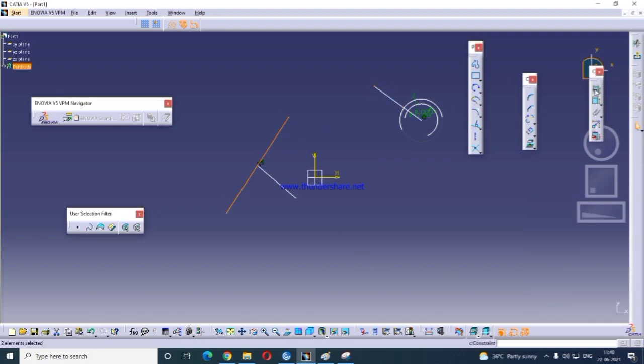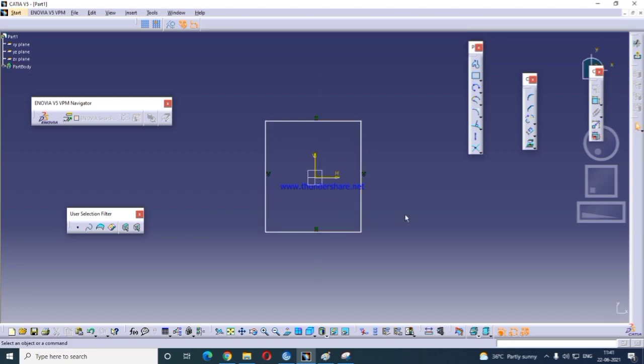This is midpoint to this. Okay. These are all of the options for constraining the sketch. Okay. These options are very important to draw the sketch in CATIA V5.